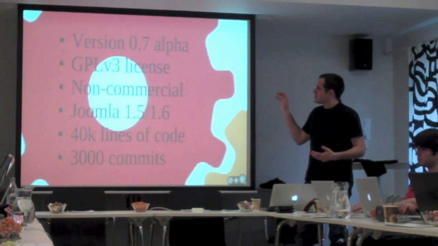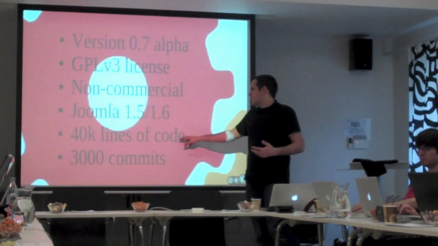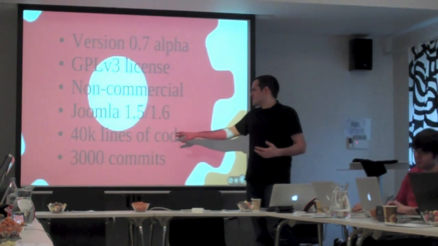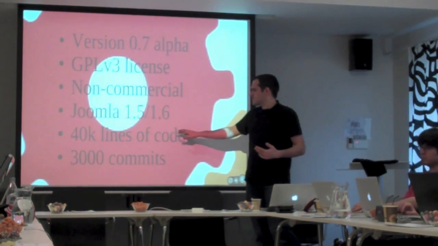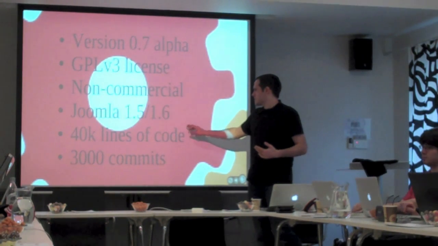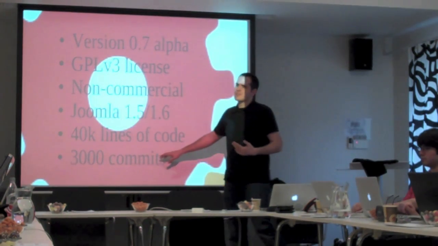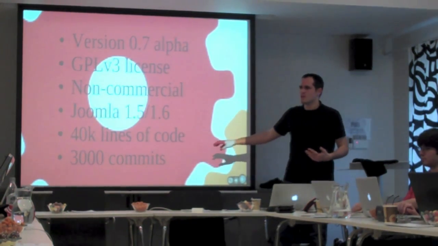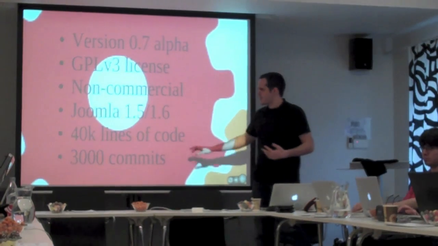GPL v3 license. It's non-commercial. It works in Joomla 5.1.6 and it sits in the server. In total, there are approximately 40 lines of code, but if you only count, it's actually 35. If you only count the actual PHP code, it's 10,000 lines of PHP code. The rest are comments and a few other things we have in there, and there are 3,000 commits going in. We approximately put 1,000 commits per year in the framework, which is the same commit rate that we had with Joomla 1.5,